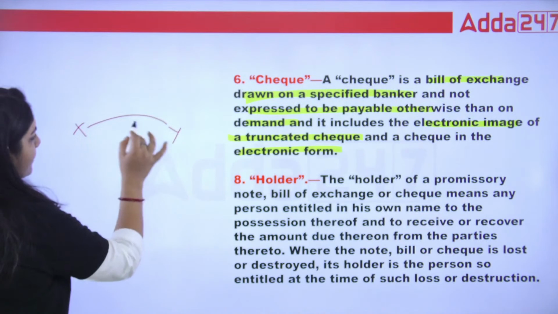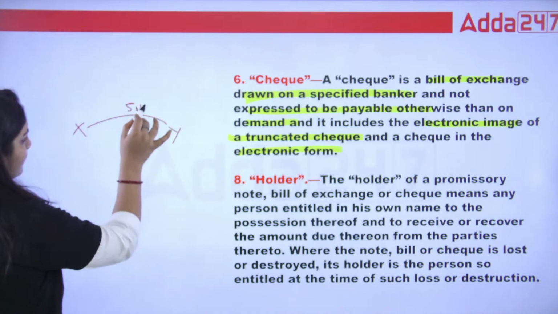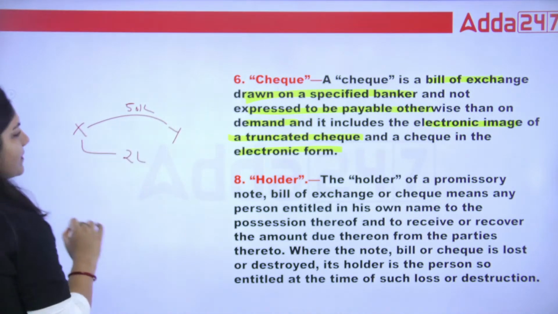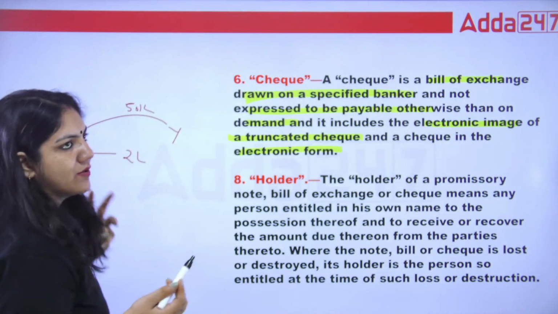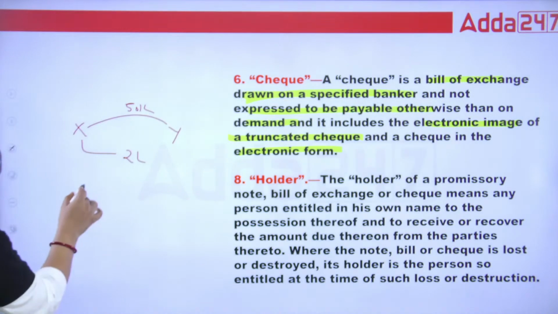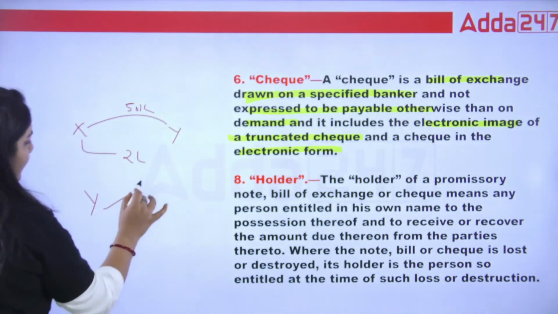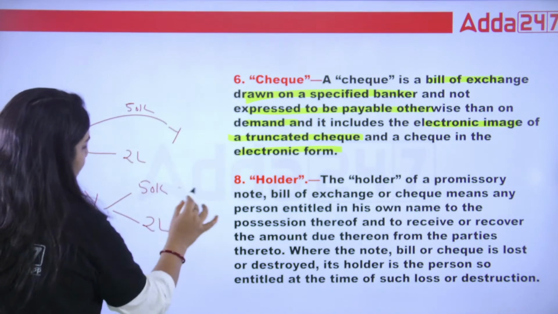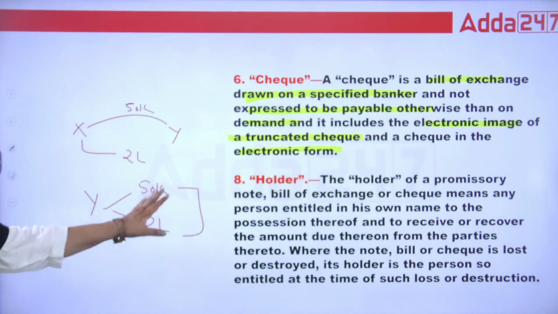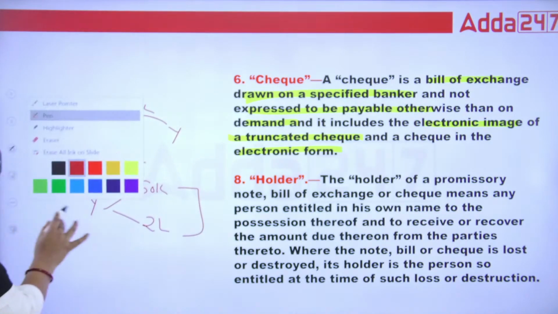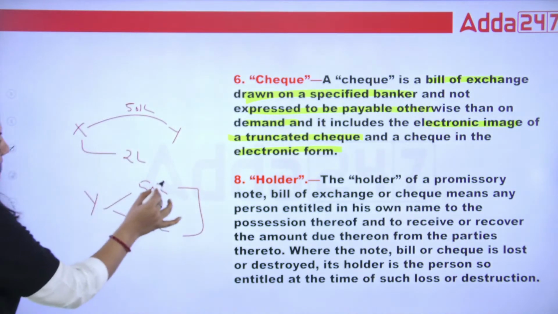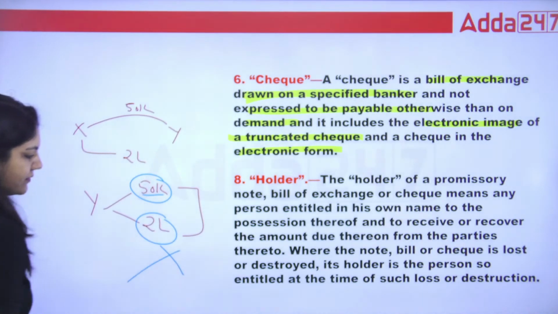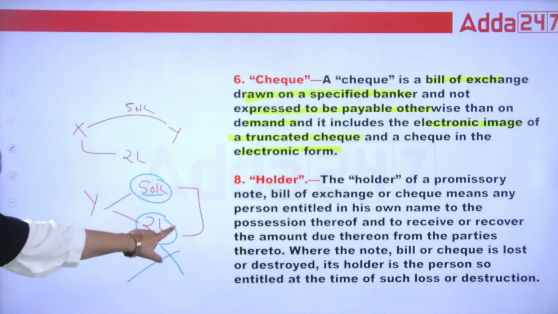X is working in a company, salary is 50,000 rupees. Y demands 2 lakh rupees one day because he just wants to deposit that 2 lakh rupees in the college. Now Y has given X a 50,000 rupees check and a 2 lakh rupees check. Both checks bounce. When both checks bounce, so guys, Y has a right to file the case in that case, but does not have a right to file the case on the 2 lakh check.